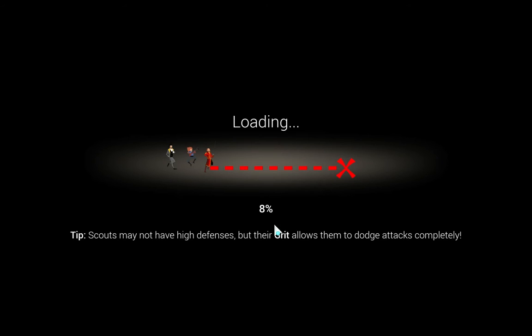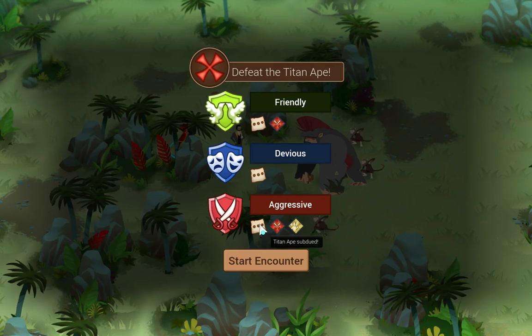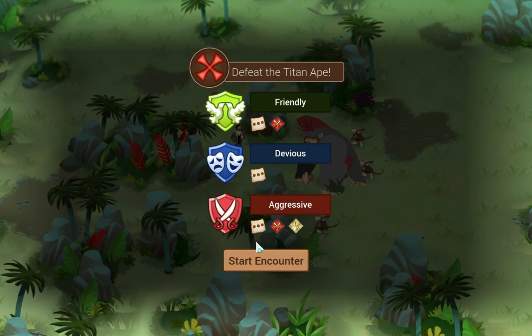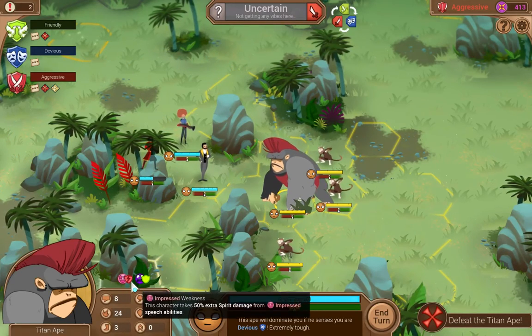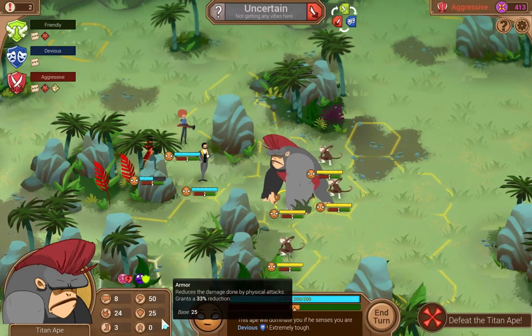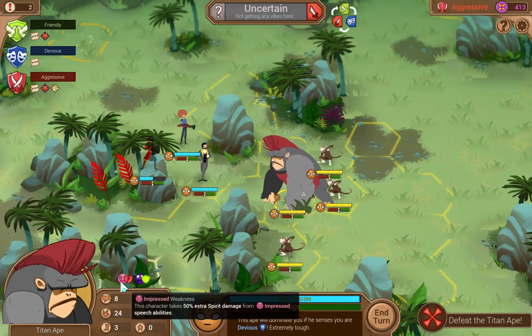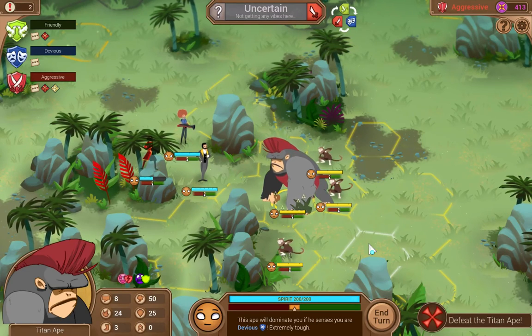Alright, so this is a 3-star encounter. Alright, so the Titan ape is befriended, subdued, or subdued. Interesting. Alright. So the Titan ape, it's got 200 hit points. Its weakness is impressed. It's immune to terrified. It's got 50 speech defense and 25 armor. Wow, that's a lot of speech defense. Even accounting for its spirit damage. Alright, well, we should...